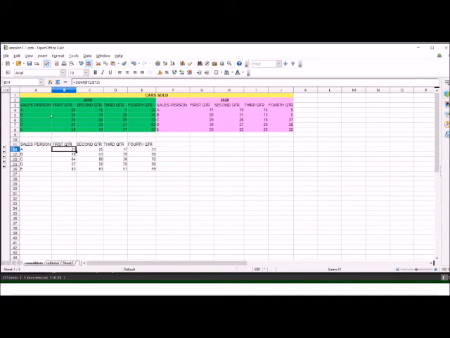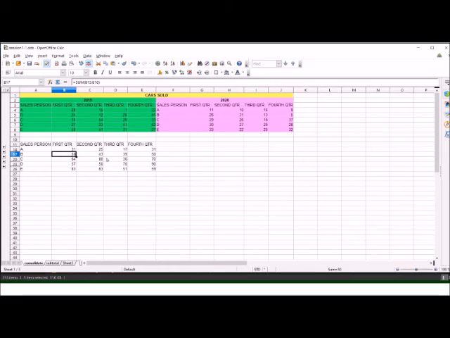Then salesperson B sold 24 cars in first quarter of 2019 and 26 cars in first quarter of 2020. So their total, that is 50, is appearing here. Similarly, for all the salespersons, for all the quarters, the sum of cars sold is appearing in this output range.